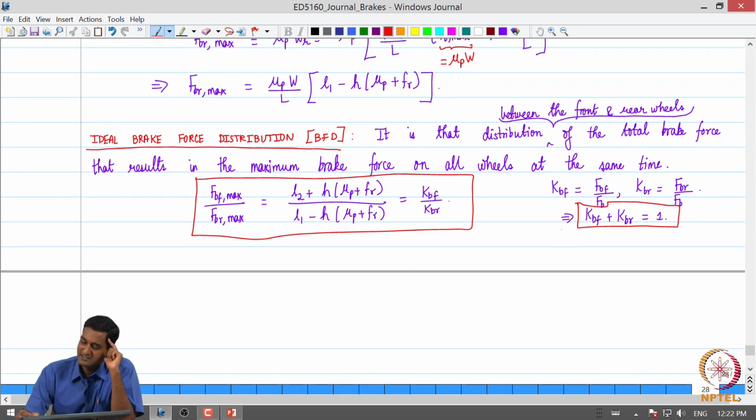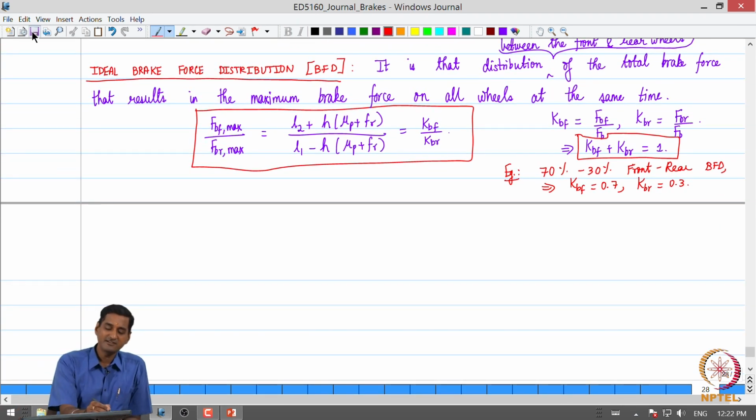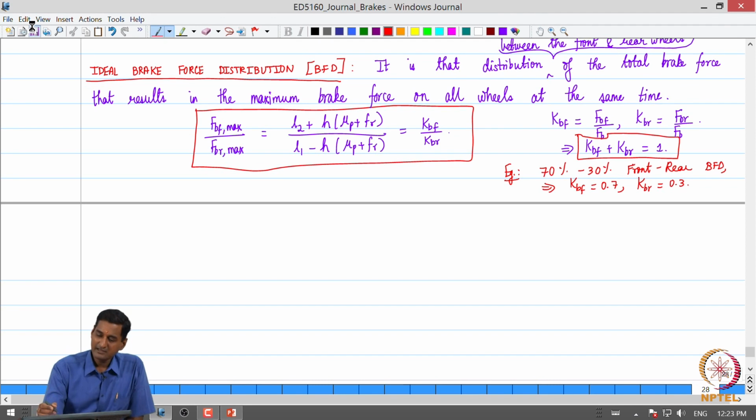So, what does this mean? If someone says we are having a 70-30 front rear BFD, this is an example, they are essentially implying that the value of KBF is 0.7 and KBR is 0.3. So, if someone says the BFD is 70-30 on the front and the rear, that means the value of KBF is 0.7, the value of KBR is 0.3. That is how we should interpret it. So, immediately we can observe that,